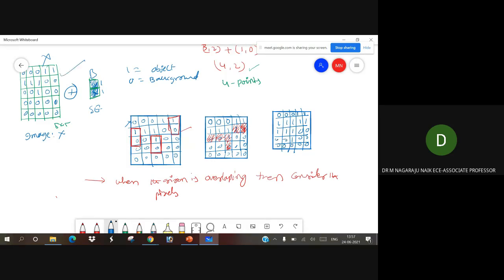Your original image with the structural element, then you will get it here. So X dilation with B. This is your output. It expanded the region, but here your region is this one only.